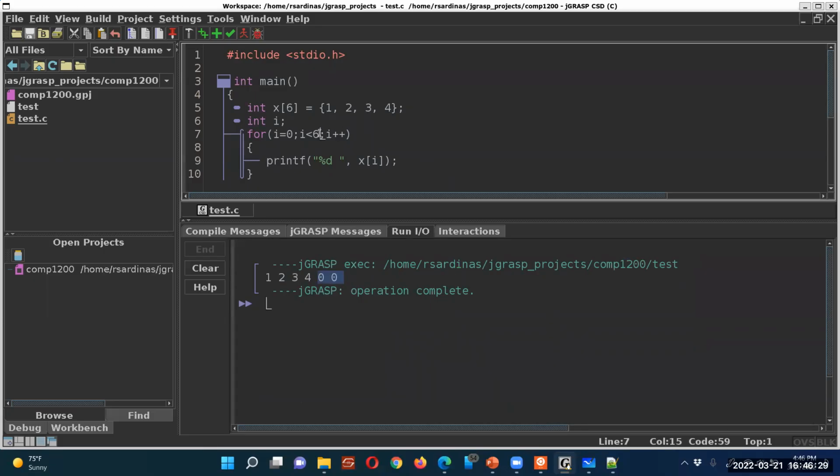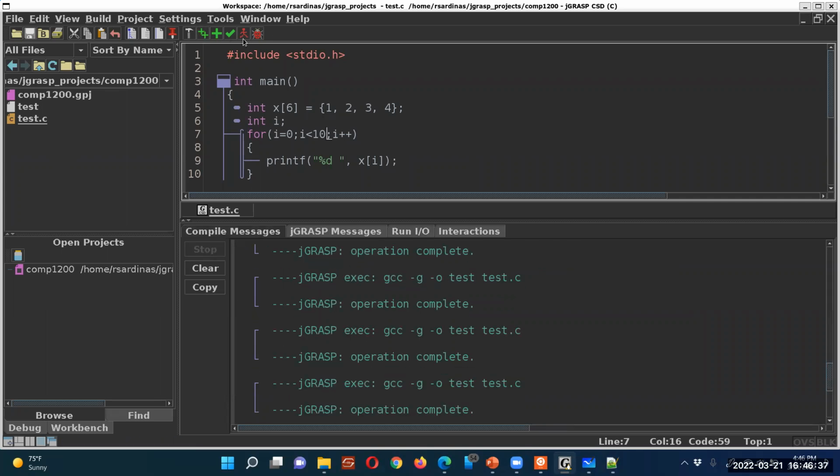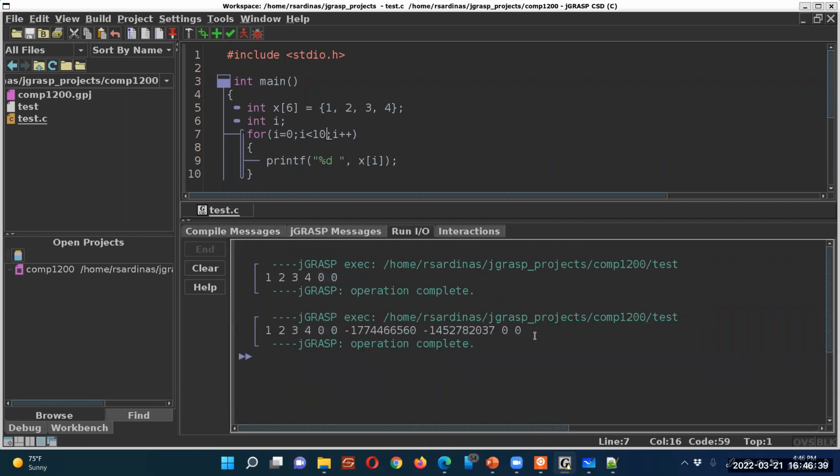What if we did this? Let's try to go to position 10. So obviously we don't have 11, we don't have 10 elements in our list, right? What if we tried to do that? Notice it doesn't complain, and it actually tries to do it. And there's something there. So if we're in memory,